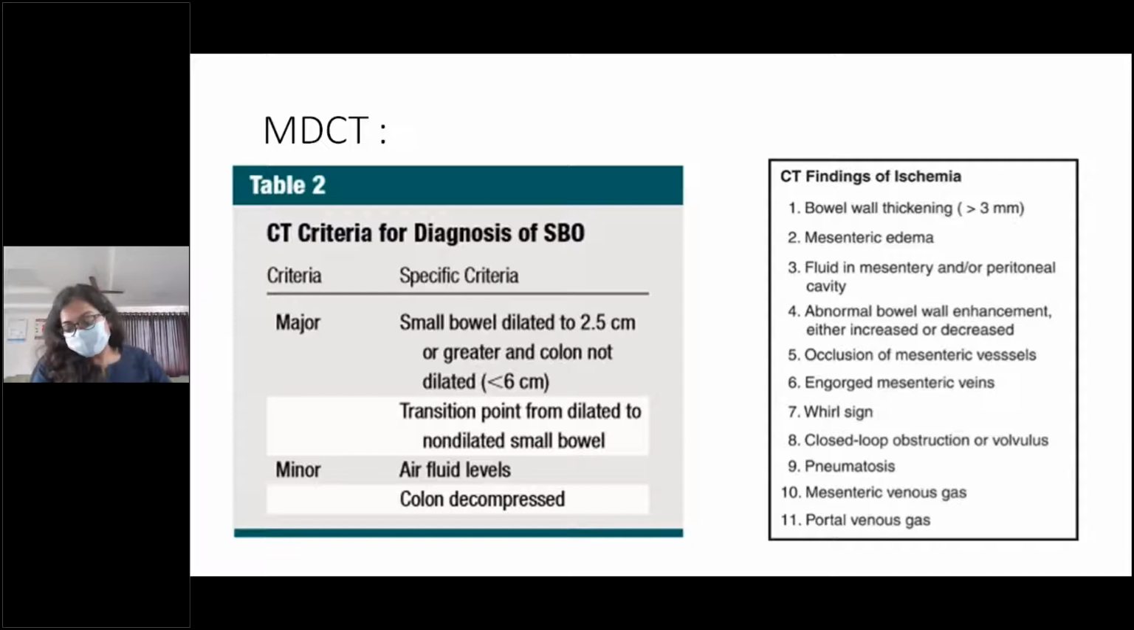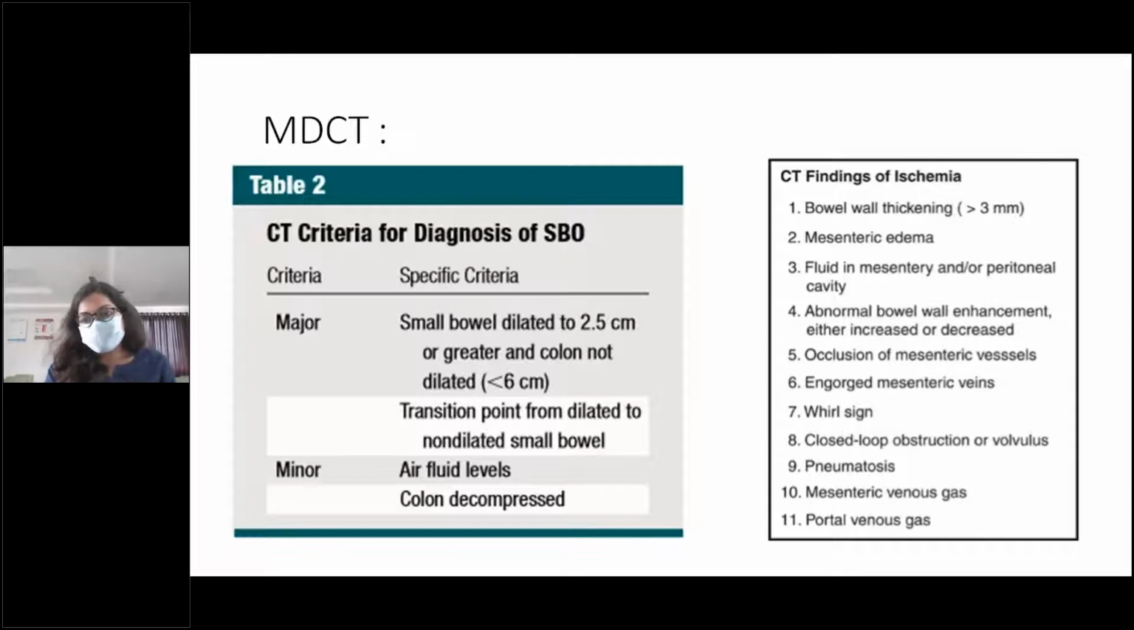We have to see certain complications of intestinal obstruction. The important complication of the intestinal obstruction is ischemia due to the vascular compromise. We have to find out whether the bowel is ischemic or not in the CT. There are certain things to know whether the ischemia has developed or not. We have to see if the bowel wall thickening is more than 3 mm. We have to see whether mesenteric edema is present or not, fluid in mesentery or peritoneal cavity,